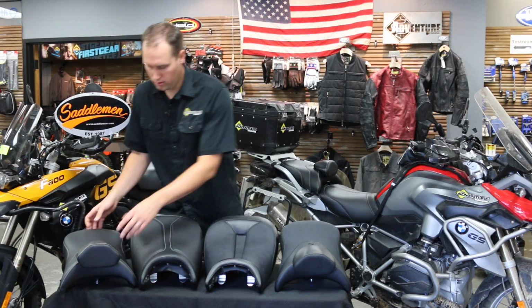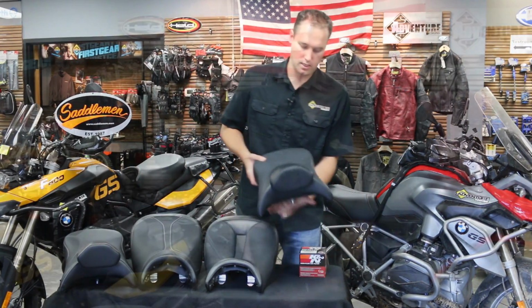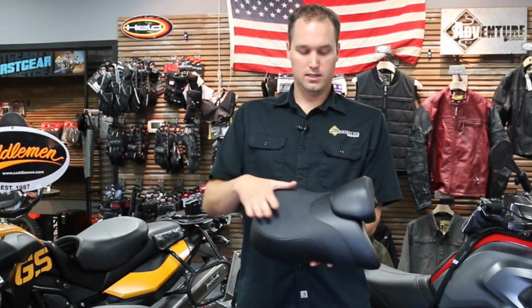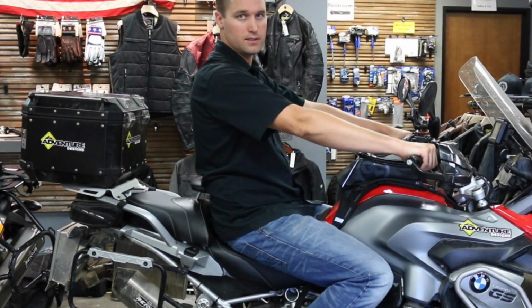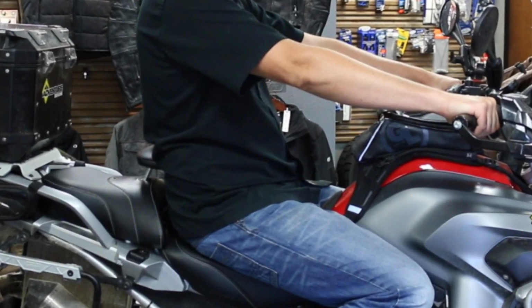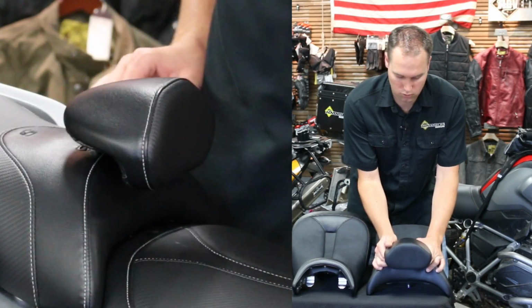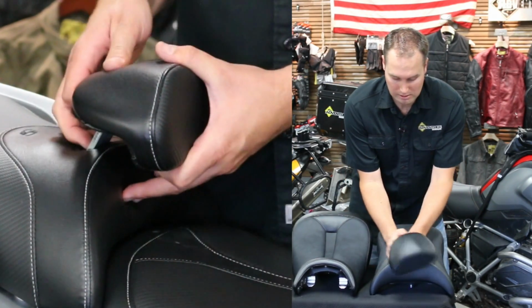And I want to show you these really neat lumbar seats. I love the aesthetics and the features of this. It is integrated into it. It's still clean, but you can adjust it while riding on the bike. So there's 3 different heights. So you just click up to position 1, position 2, or